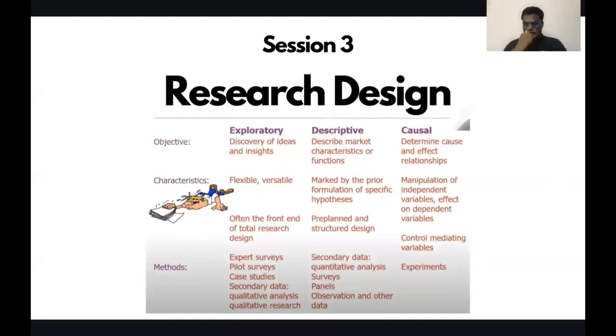Broadly speaking, exploratory is on the side where you don't know where you are going to get. In our case, let's say our problem was what factors are influencing customer satisfaction, versus how to improve customer satisfaction. These are two different problems. One does include the second, but if our objective is different, our path of doing the research will also be different. Then there is the descriptive research design, and the third one is the causal research design.